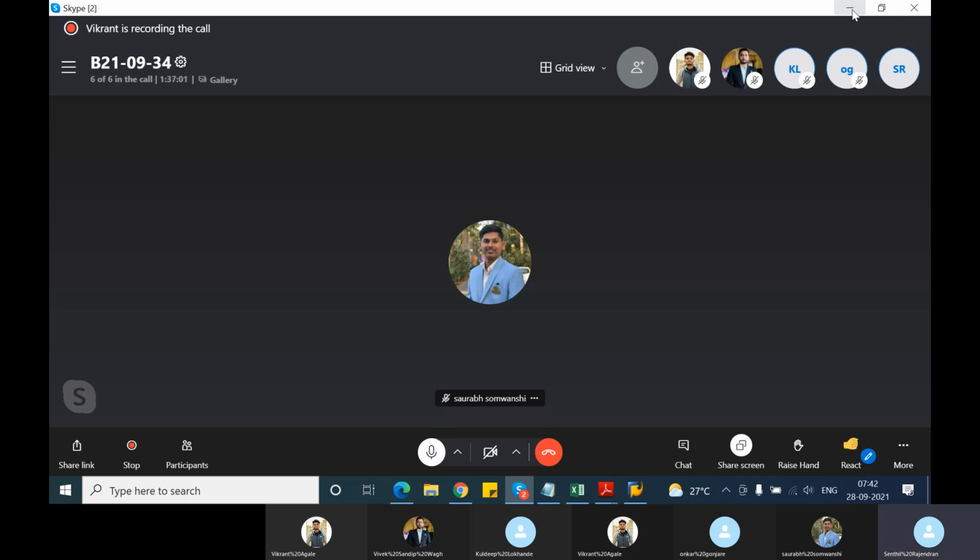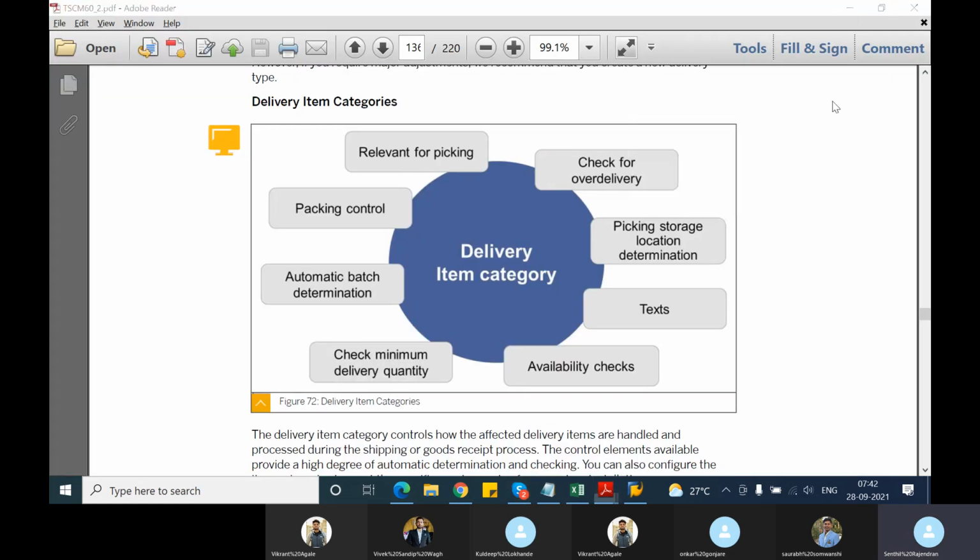So what do these item category controls do? It will check whether this item is relevant for picking. In case there is any over delivery, what is the tolerance that we can accept? If there is under delivery, what is the tolerance that we can accept? And for picking or storage location, based on what rule the picking location has to be determined, and what are the texts that can be enabled from this delivery item, whether we need to perform availability check again after delivery